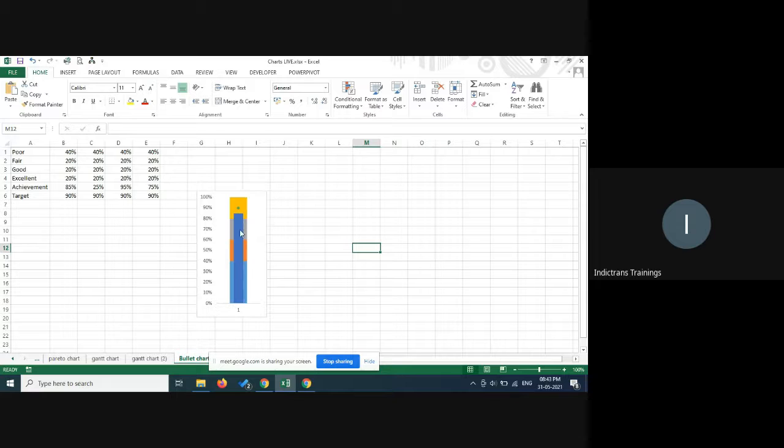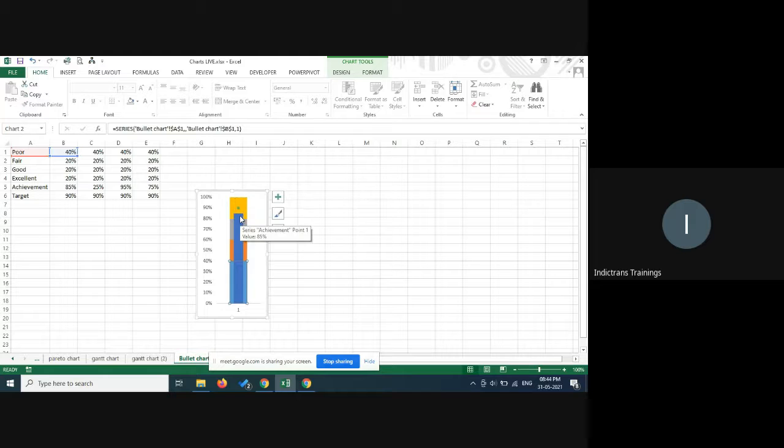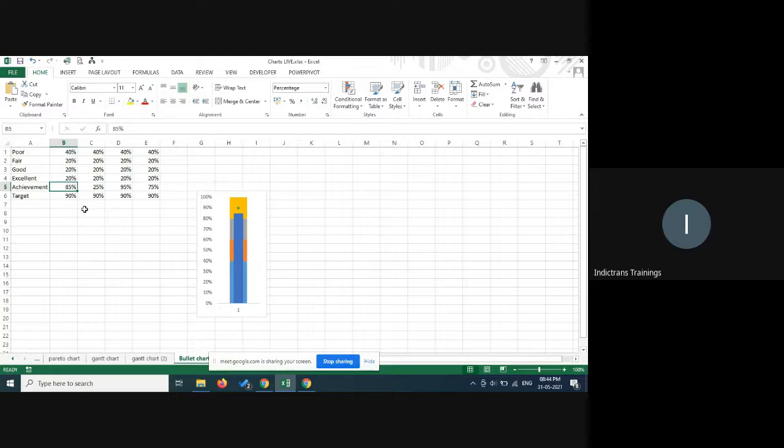I kind of showed this graph initially. So basically, what we are doing is that the bottom one is red. So it is a performance band. So you have a red, orange, yellow, and a green band. This is your performance. This is the achievement that you got. Maybe 80%, 85%. Maybe it could be 45% also. Okay. And this is a target, the dot that you see there.